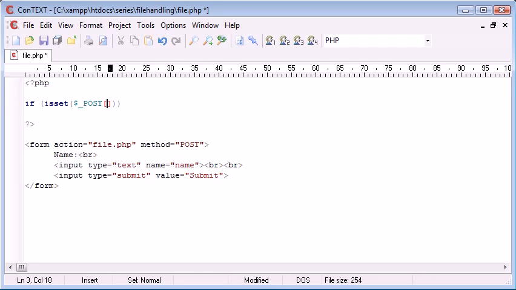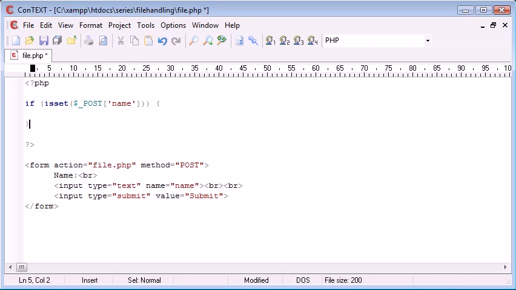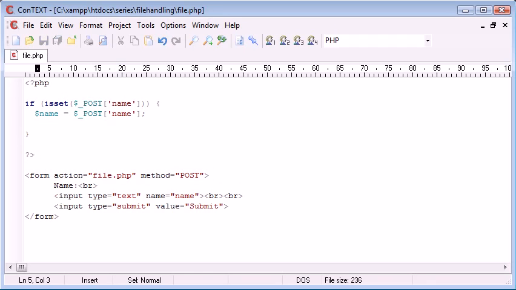So if name is set, remember we're posting this from here, so we're using the $_POST because we've set the method to post, and we're using the isset function to check this has been set. So if it has been set, we can specify this variable. So I'm going to say name equals $_POST name. Okay, now we want to say if not empty name,